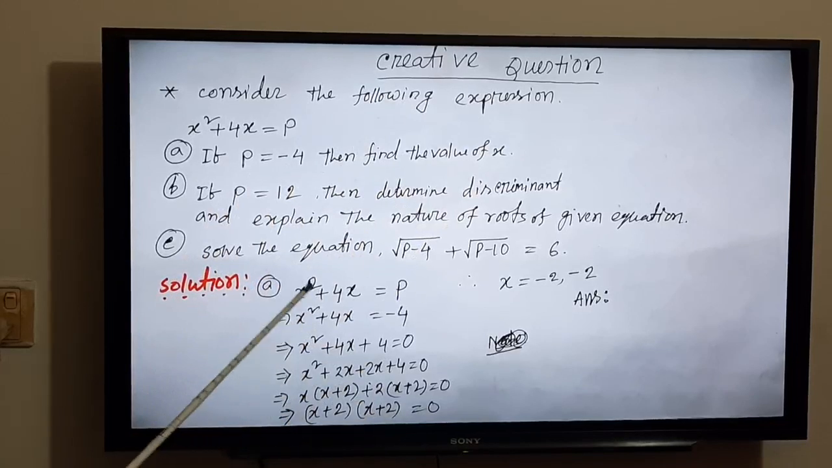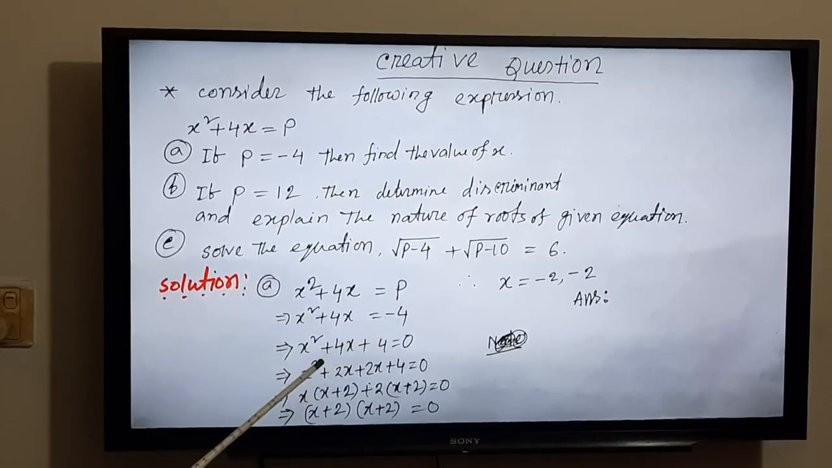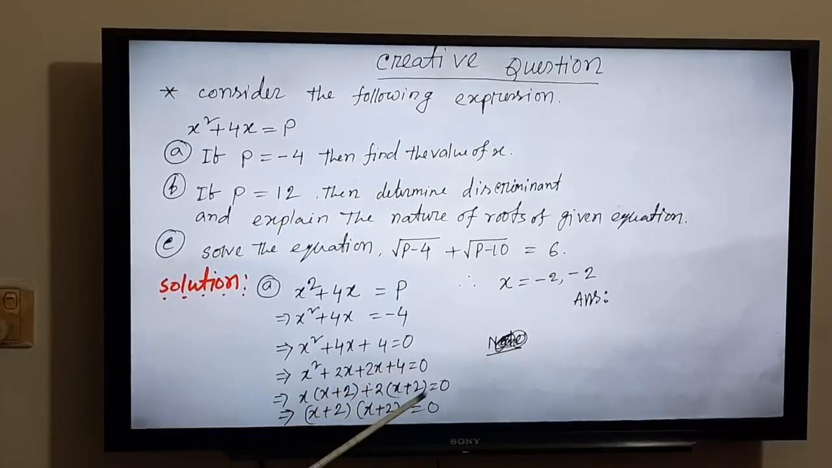Okay, so given x square plus 4x is equal to p, and p is equal to minus 4, then we can write x square plus 4x plus 4 is equal to 0. Then by the middle term we have x is equal to minus 2 and minus 2. But